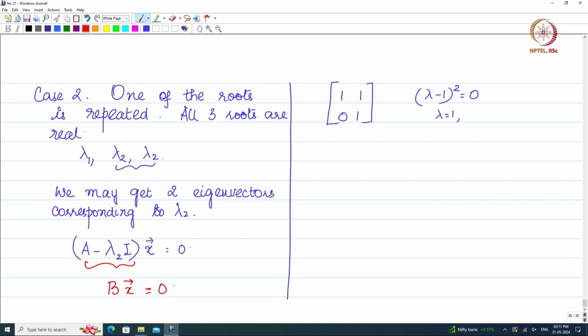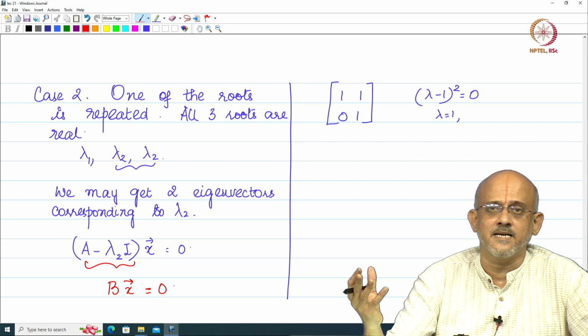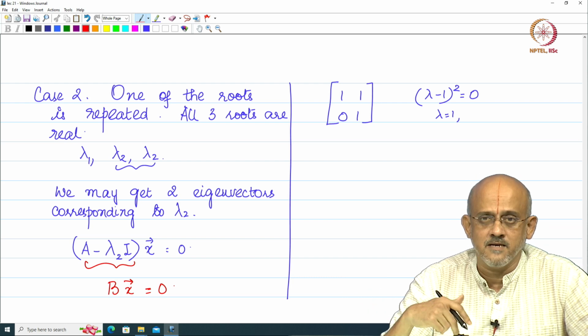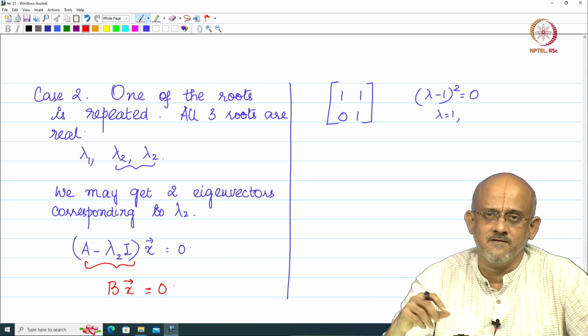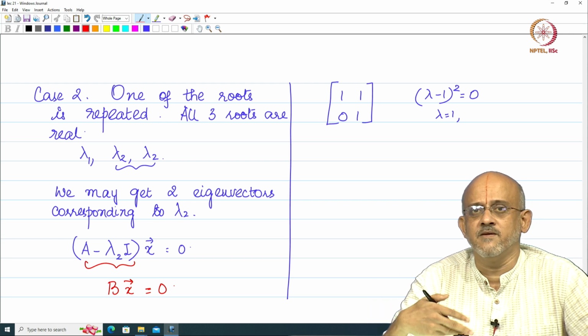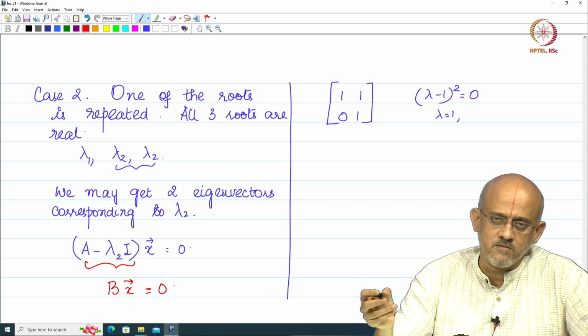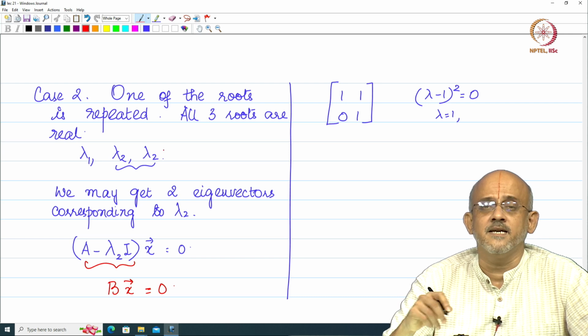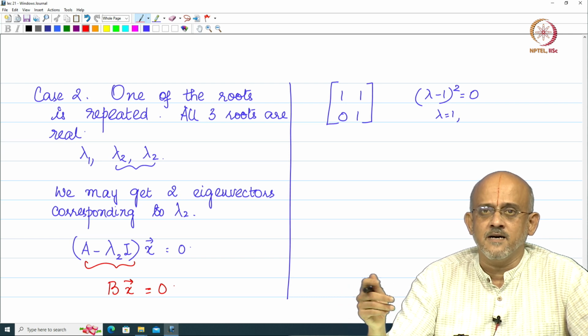We have already seen that there can be one single vector which can get transformed to the 0 vector, or you can have a set of vectors along a line which can get transformed to the 0 vector. In this case, in 3D, you can have a set of vectors in a plane, where the entire plane gets transformed to the 0 vector. And the moment you say a plane, the plane is going to be defined by two linearly independent vectors, which is what we had seen when we found the volume and stuff, right. So there is a chance we will see this in detail when we do eigenspaces because that